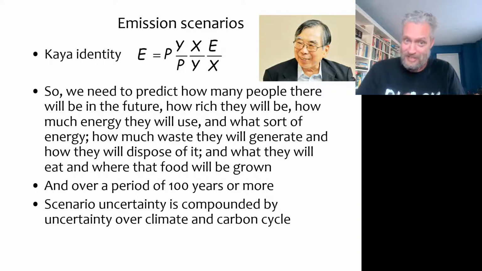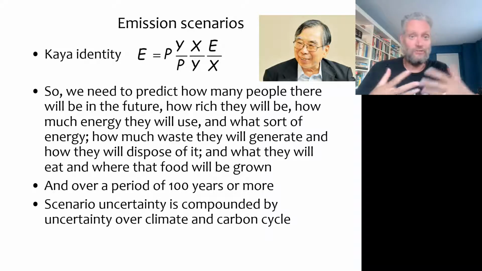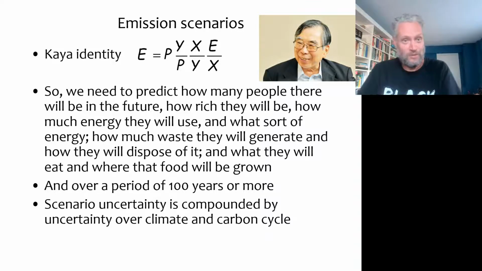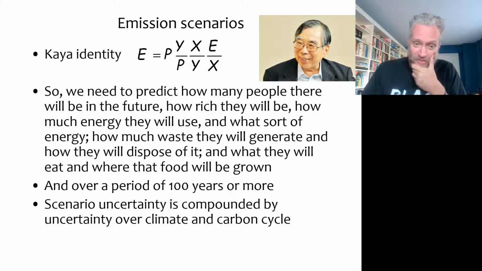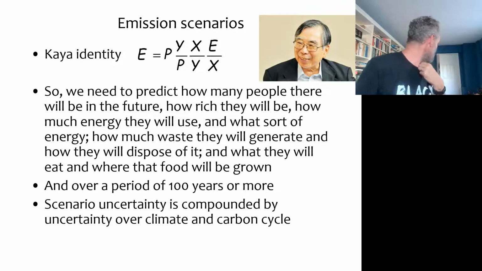CO2 is not the only greenhouse gas. We also talked about methane. Methane mostly comes from waste and food production. So you will also need to project how much waste people will generate in 100 years' time, how much food they will eat, what sort of food they will eat, how that food will be produced, and so on and so forth, in order to project methane emissions into the future. And this particular exercise is difficult. It's more daunting than it even seems. But it's the only way to do it. And a number of brave, some say foolish people have indeed done this.